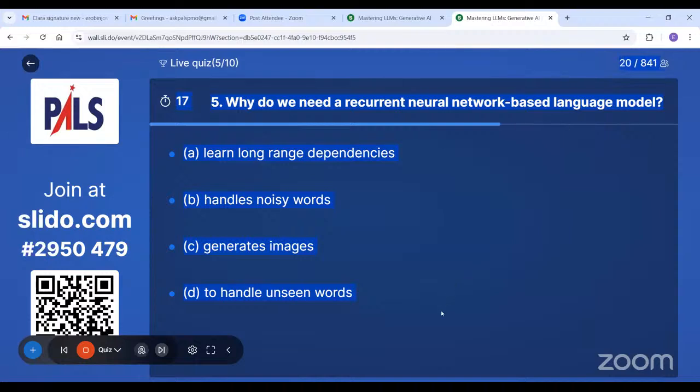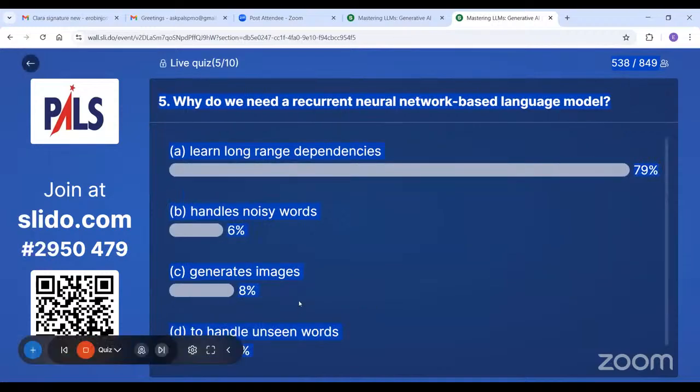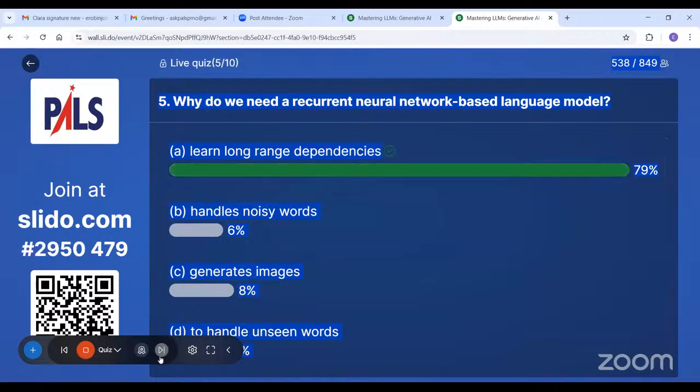Learn long range dependencies, handles noisy words, generates images, handle unseen words. Okay, 79% answered A. That's correct.